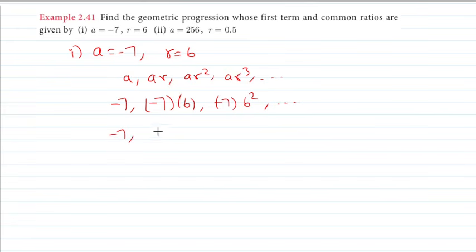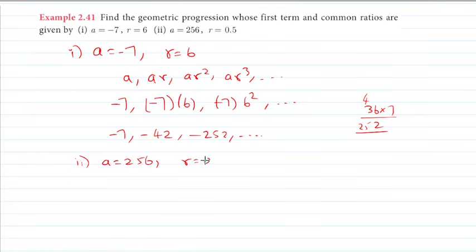So this is -7, then 7 6 are 42. So minus அப்படியே இருக்கும் 42 and then இங்க minus அப்படியே இருக்கும். So 6 6 are 36. So 36 into 7 எத்தனை டைம்ஸ் வருது? This is 2 times 42 னா, then this is 21 னா, so add பண்ணா 252. So minus 252 and so on அப்படின்றத நீங்க போட்டுடணும். So இதுதான் required GP. Okay, next second division, A is equal to 256 கொடுத்திருக்காங்க, then R is equal to 0.5